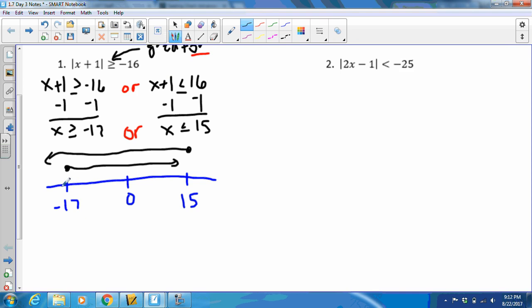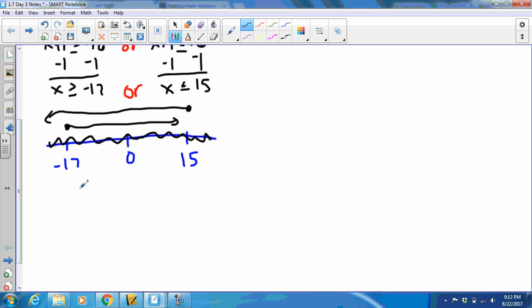So putting this on our number line, all you have to do is shade this entire number line, because every number satisfies the two conditions that we have up here. They satisfy x is greater than or equal to negative 17, and they satisfy x is less than or equal to 15. So now, writing it in interval notation,